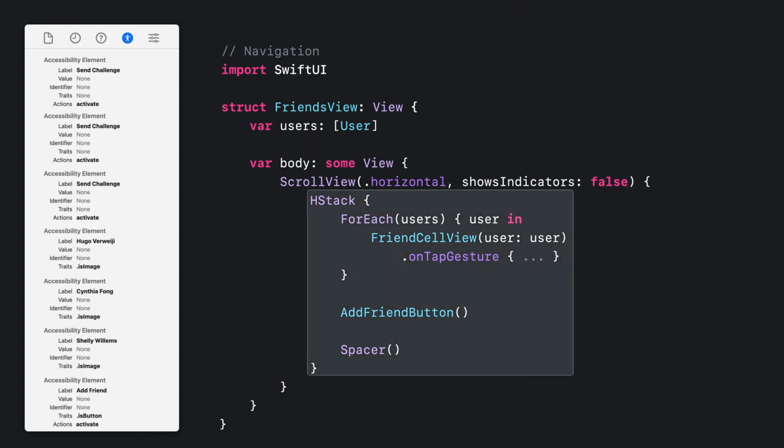A great feature of the accessibility preview is that it shows accessibility elements in their sorted order. This makes it easy to visualize how assistive technologies will navigate right from within Xcode. As expected, the sorted order matches what we previously saw, and this order would certainly be confusing to navigate.